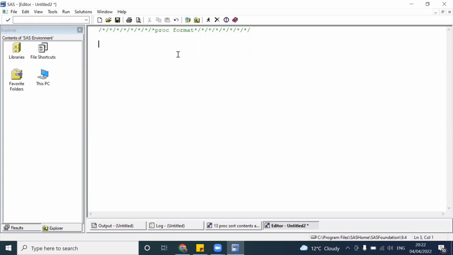For this we have two statements. One is a value statement and one more is an invalue statement. By using the value statement and the invalue statement, we can create a format. Okay, so let's see what the value statement has. By using the value statement, we can create a format for numeric to character. And one more we can create by using a value statement, character to